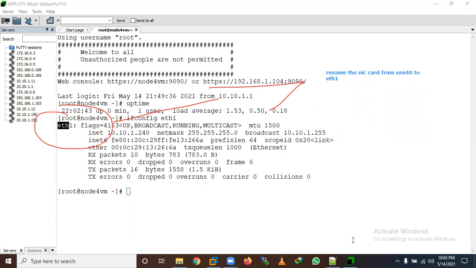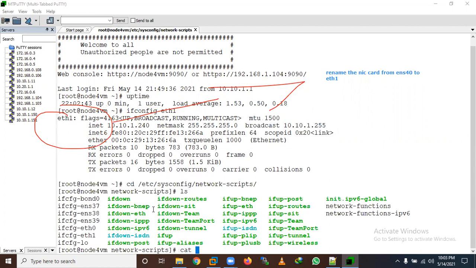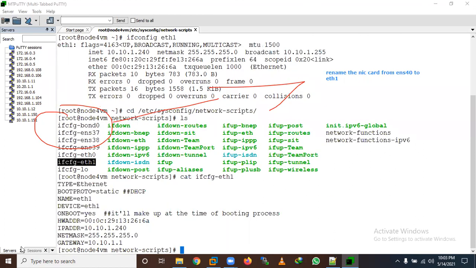Make sure the most important thing, in our case in /etc/sysconfig/network-scripts, is your MAC address entry. The MAC address entry is more important. If it is not mentioned, you can't rename your NIC cards.